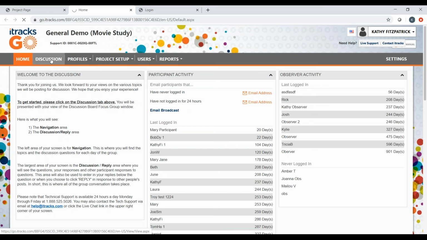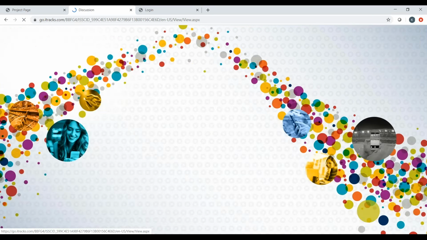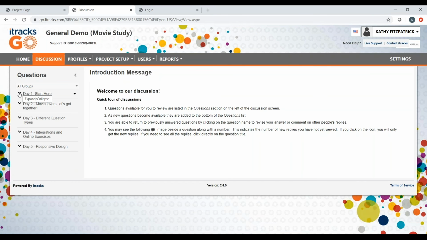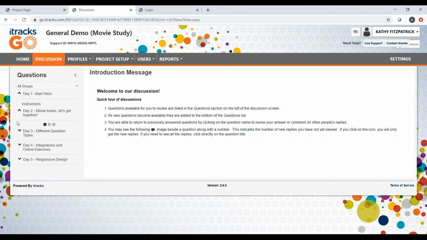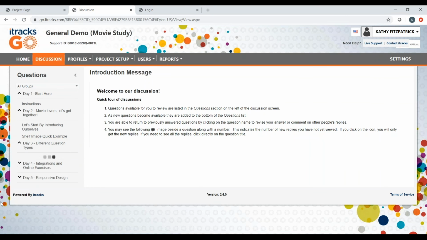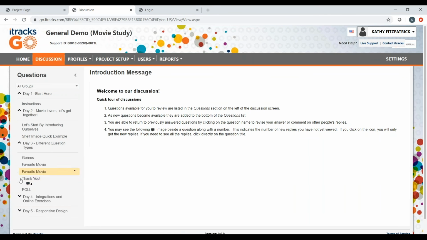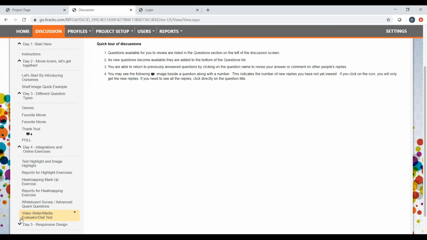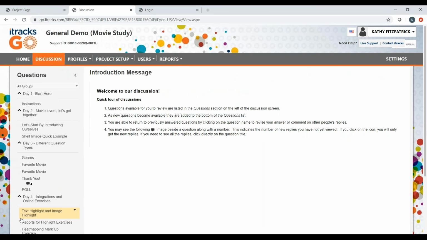Then you'll have your discussion. This discussion will be created by you and your client and programmed in, and you'll have many different ways to collect data over the course of several days in field. So typically 3 days, could be longer if you're looking for behavioral data, shopping, ethnographic data. Those things can all be generated and collected over longer periods of time. So this is what your guide might look like.